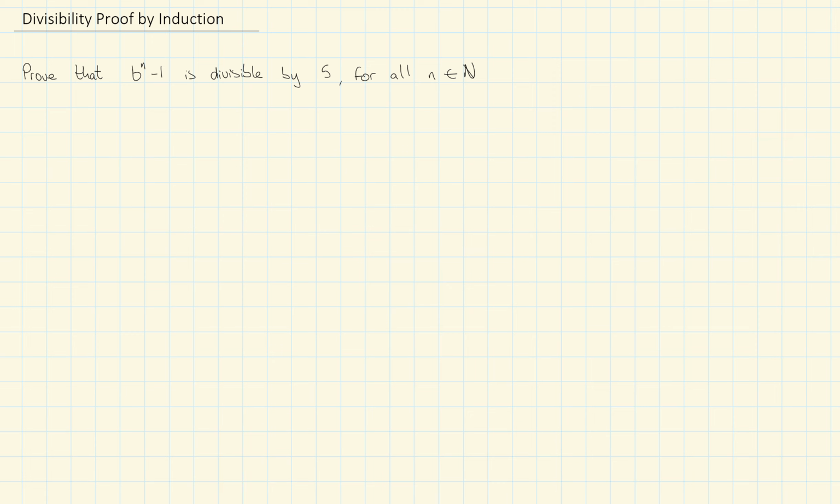Okay, so in this video we're going to have a look at a divisibility proof by induction. So again, we have our steps from our previous video. In step 1 we're going to prove true, and we just have a look here. They've said for all n an element of N, so we can start on 1. So we're going to prove true